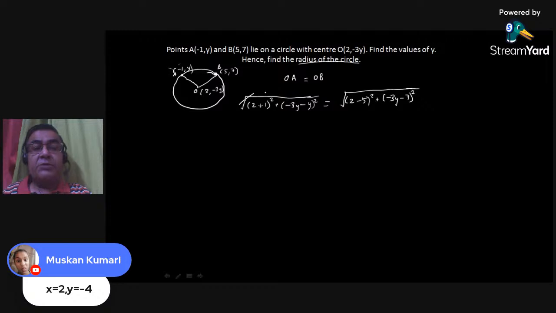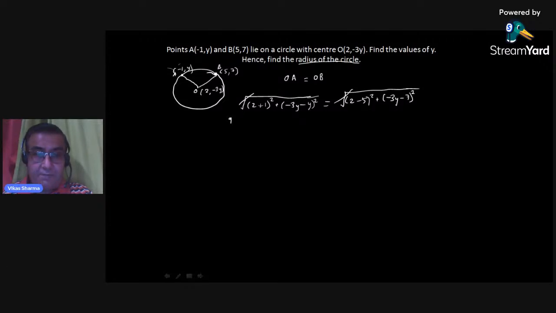Now again squaring both sides, I get rid of the square root sign. Then this becomes 2 plus 1 is 3. 3 square is 9. And okay, have we got any right answers yet? No, not yet. Okay. So this becomes 9 plus -3y minus y becomes -4y, and the square of -4y is plus 16y square. So 9 plus 16y square should be equal to 2 minus 5 is -3, and -3 square will be 9,